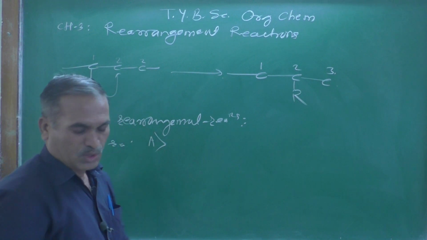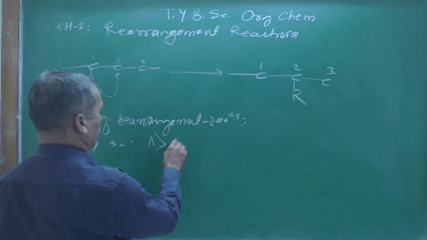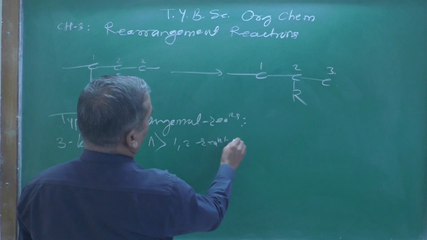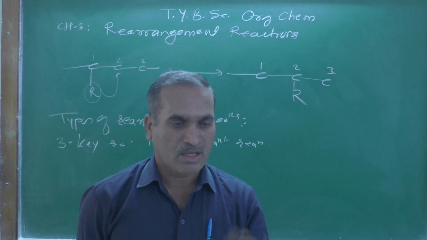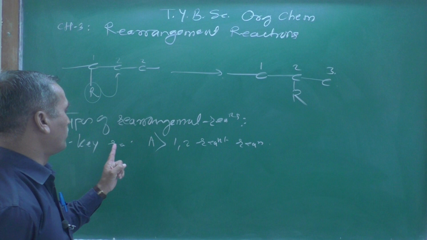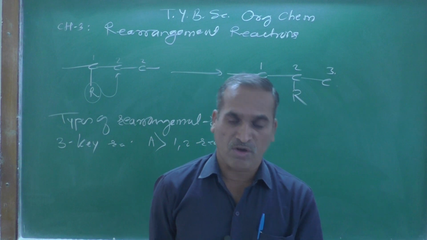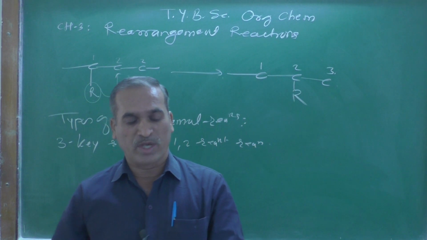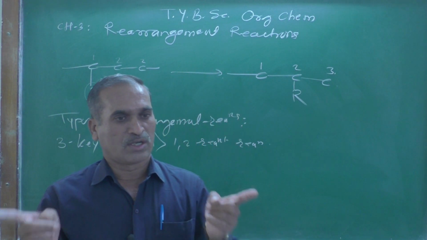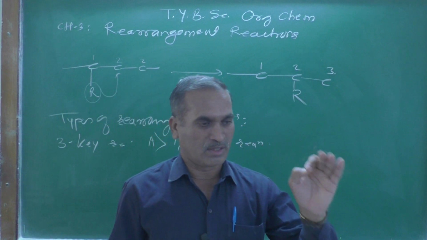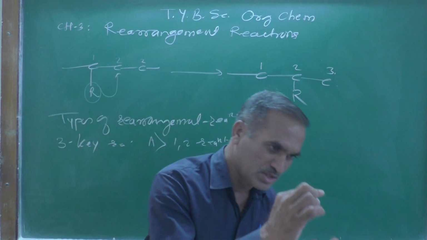Number 1 is known as a 1-2 rearrangement reaction. This is the first key rearrangement reaction. 1-2 indicates the relative position of the substituent when it migrates from position 1 to position 2. That type of reaction belongs to the 1-2 rearrangement reactions, because rearrangement means the